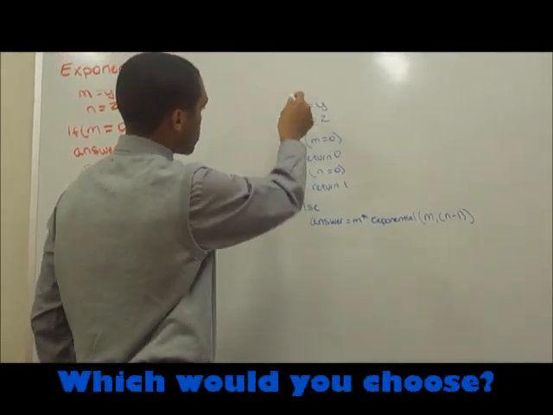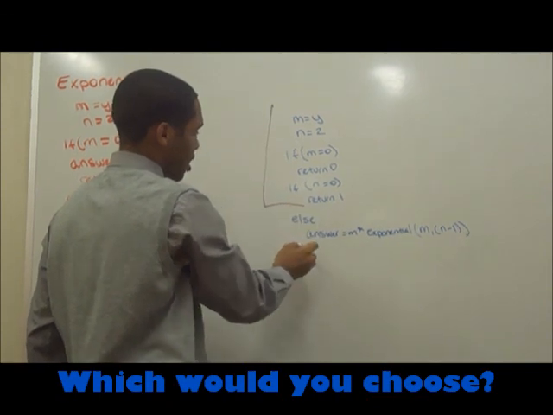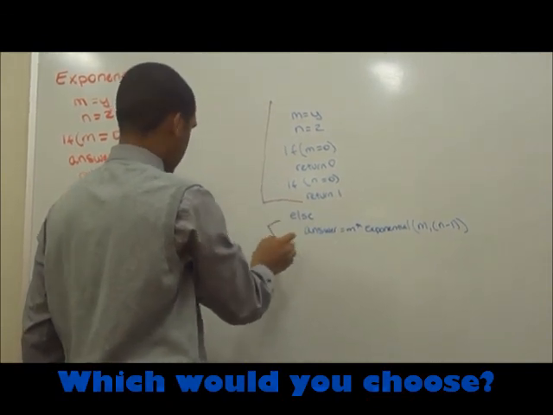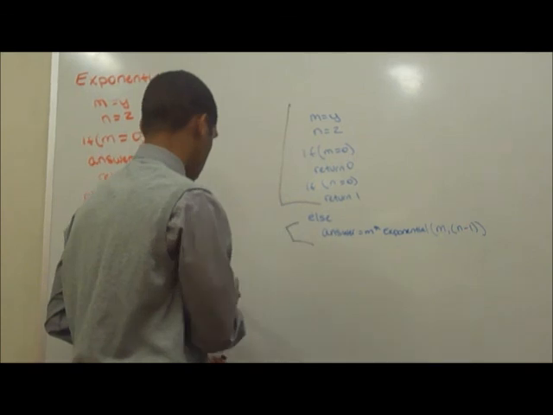Algorithm 2 will be faster because this is in the main and this is recursive, which will run faster than the for loop on